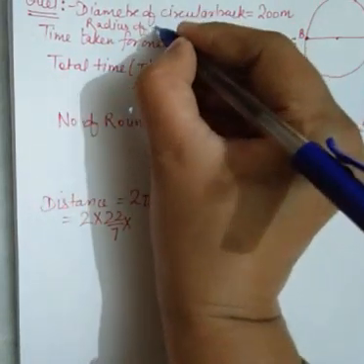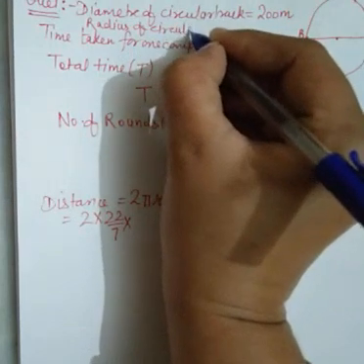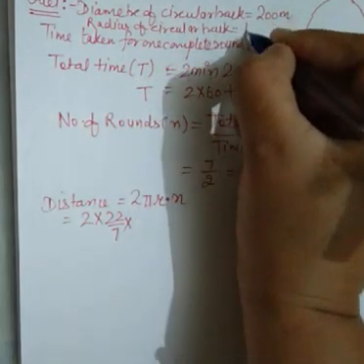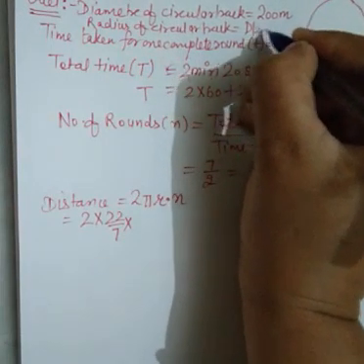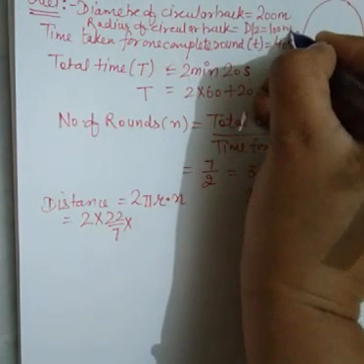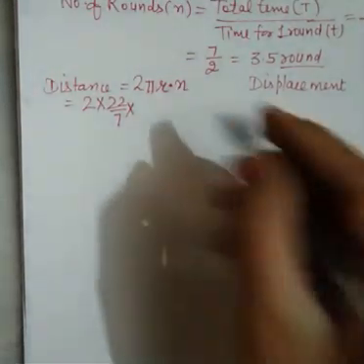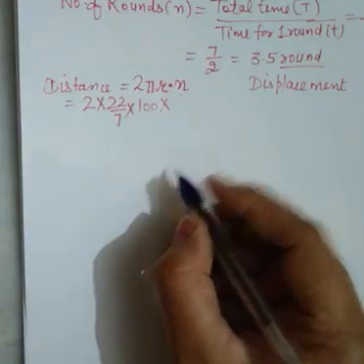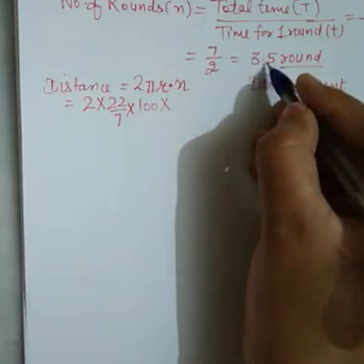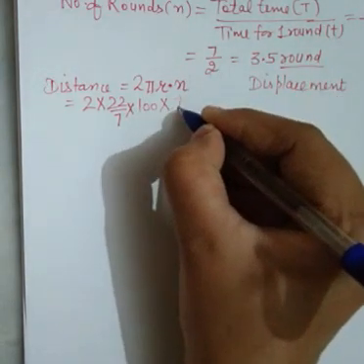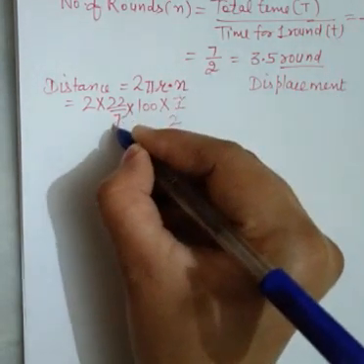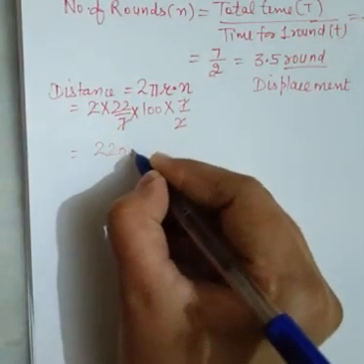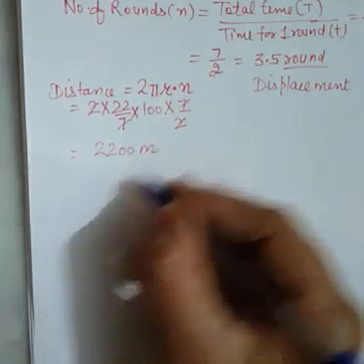Radius of the circular track. Yes students, in mathematics you have done, it is half of diameter. So it will be d by 2, 100 meter. Okay, so radius is 100. And what is n? N is the number of rounds, that is 7 by 2 or 3.5. I am putting here 7 by 2. 7 cancels with 7, 2 with 2. So distance is 2200 meter.